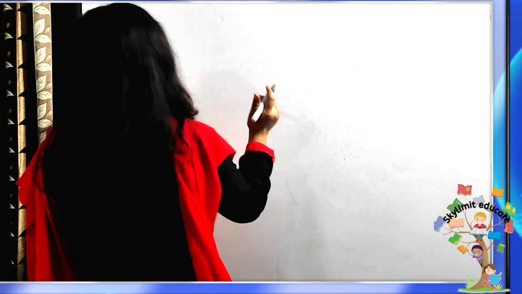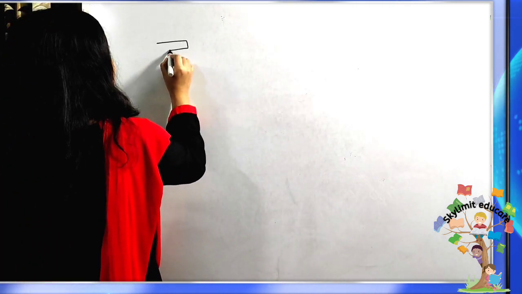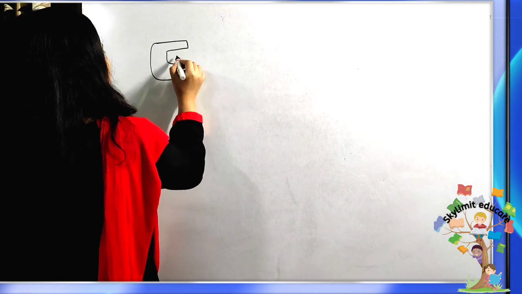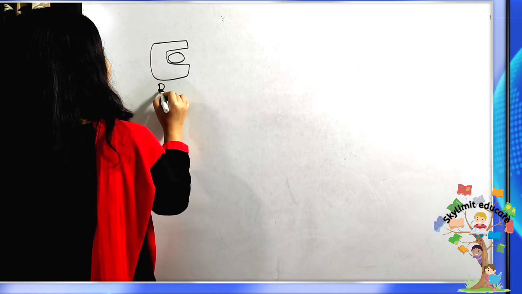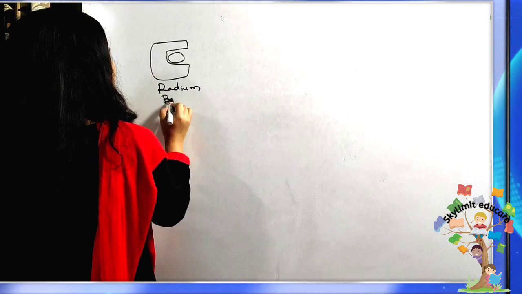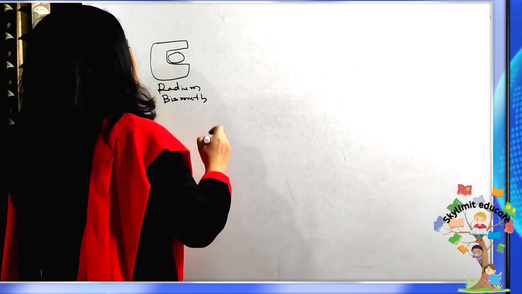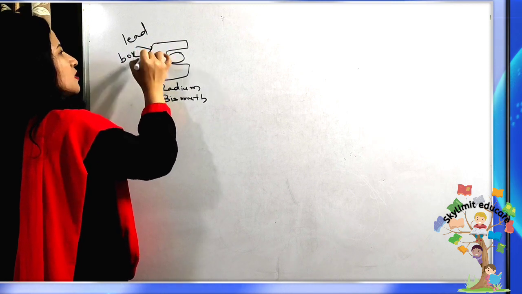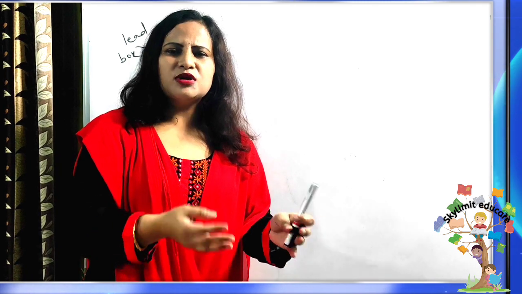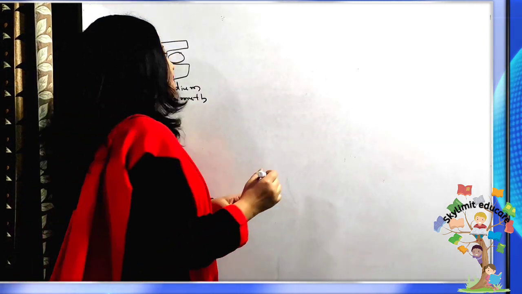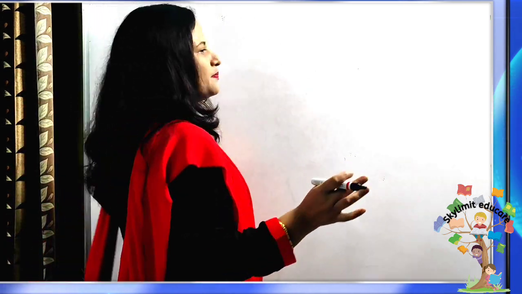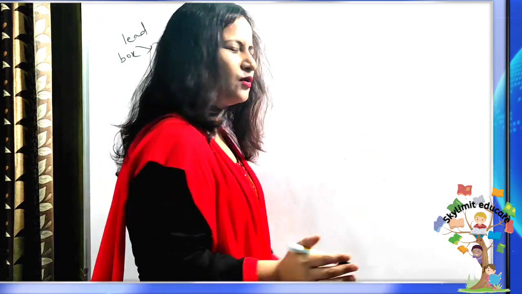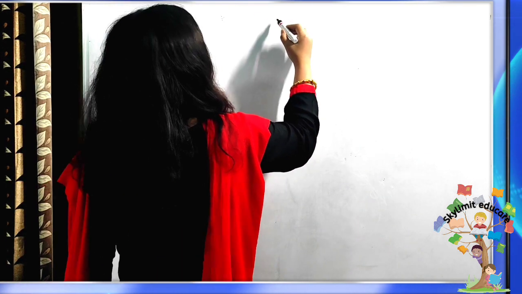So students, let me explain it to you on the board. What was done during the experiment? There was a source of alpha particles which was kept in a lead box. Suppose the source can be radium, it can be bismuth. These are radioactive elements. So a radioactive element like radium was kept inside a lead box. I think by seeing that image, you can now visualize how the experimental setup was made.